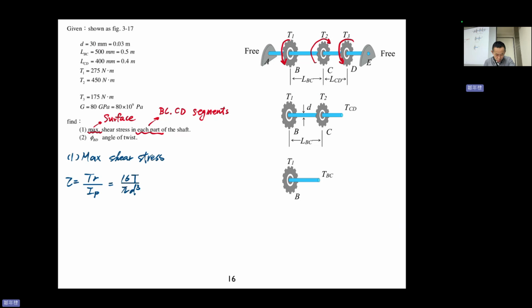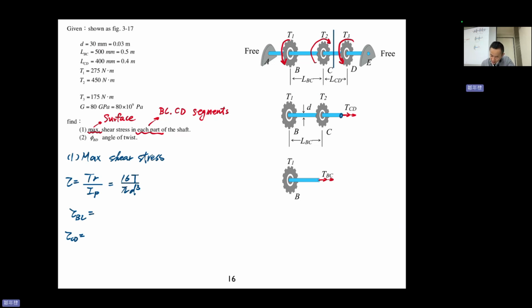So what is tau BC? Tau BC, you need to determine TBC, right? And tau CD, we need to determine TCD, right? So TCD and TBC. All we need to do is just cut it,